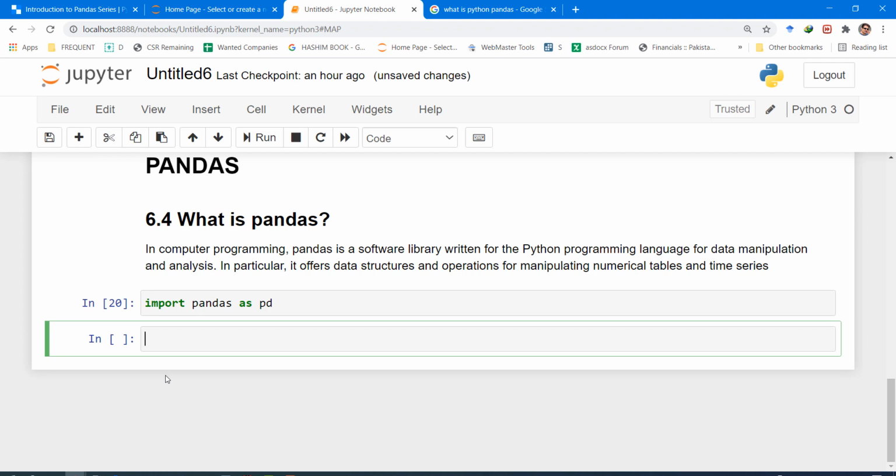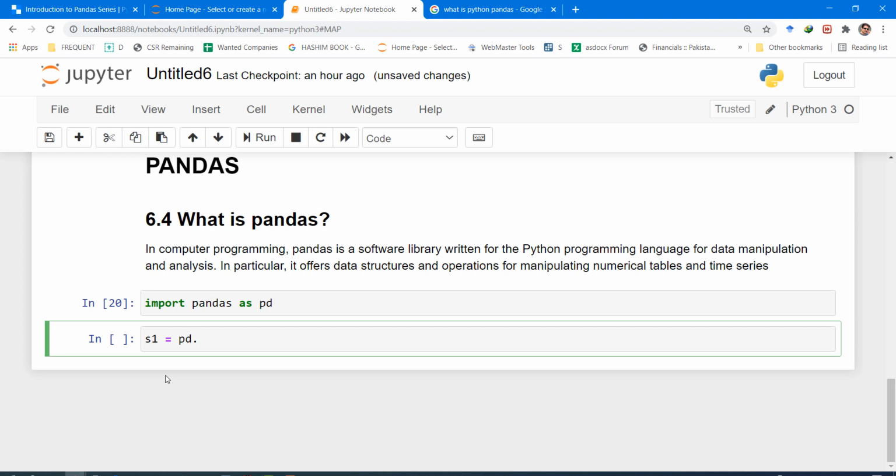A series is a sequence of items that are separated by commas, and we create the series as pd.Series, and then we supply the Python list inside the parentheses. So let's create series 1, call it S1, and then type pd,